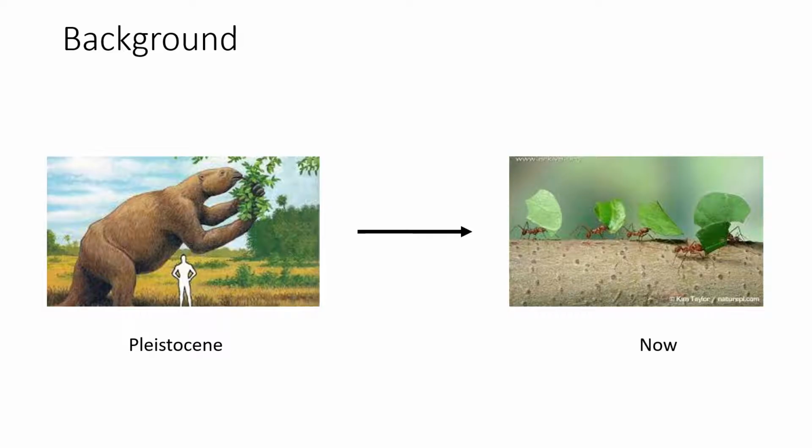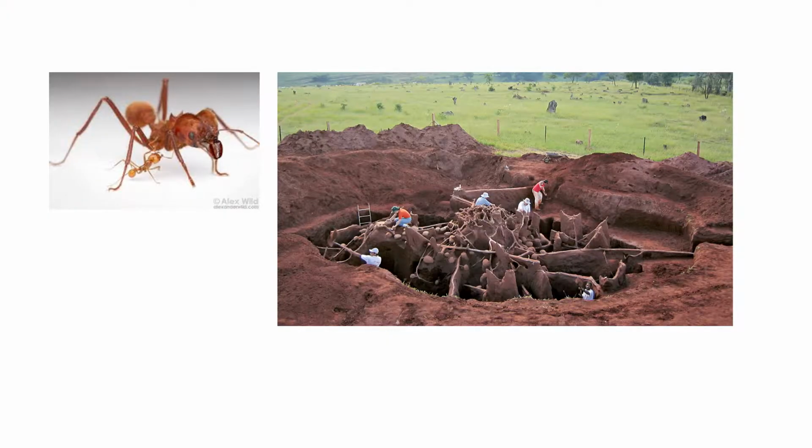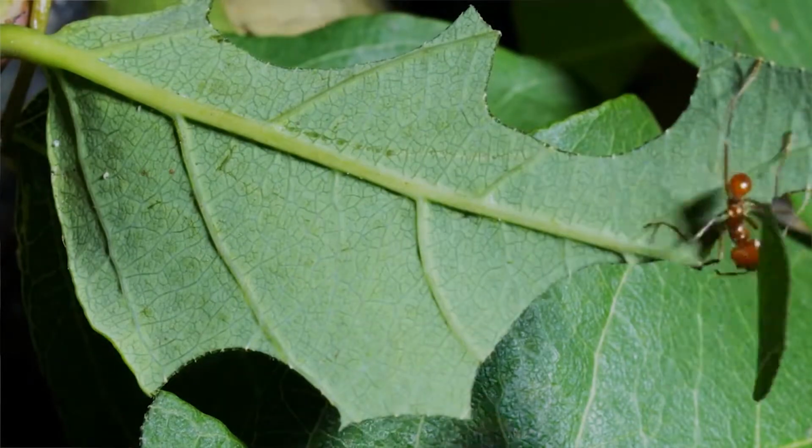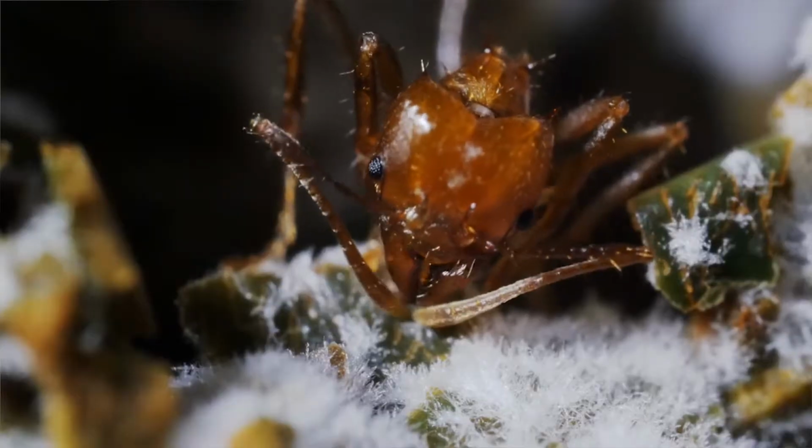And this is why now there are the leaf-cutting ants that are the major herbivores in the tropics and subtropics of the Americas. And these ants form huge colonies. In the picture on the right you can see an excavation of one of these huge, massive ant nests. And these have more than 1,000 chambers and up to 8 million workers at a time. So you can imagine that they can do a lot of damage when they cut the leaves here and transfer them to the nest, where they then process the leaf fragments into substrate for the mutualistic fungus that the ants